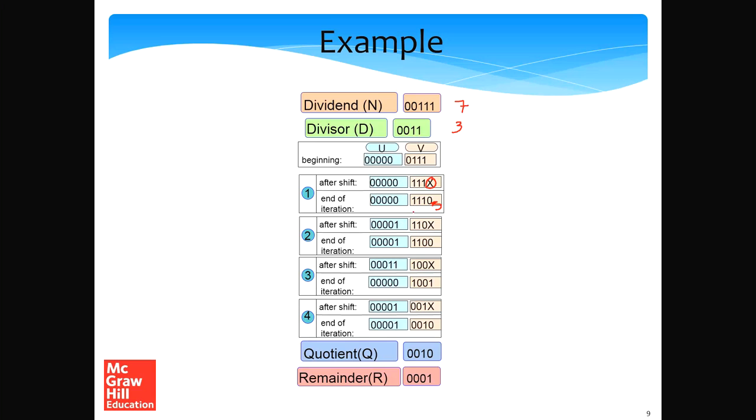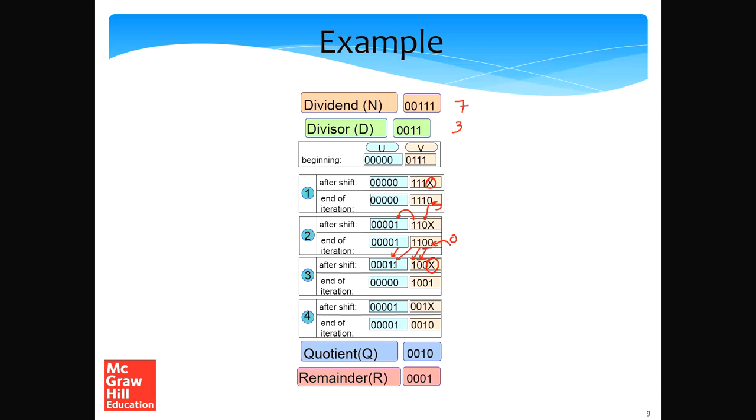Fine. Then after the shift, we do a 1-bit shift. So these numbers come here, and the quotient bit that we have computed comes here. Again, we try to subtract 3 from 1. We are not successful, so the next quotient bit we compute to be 0. Again, we do a shift. So this one comes here, this one comes here, this one comes here, and these two bits come over here, and one extra space is created where we need to write the next quotient bit.